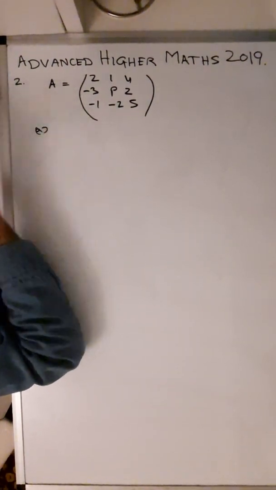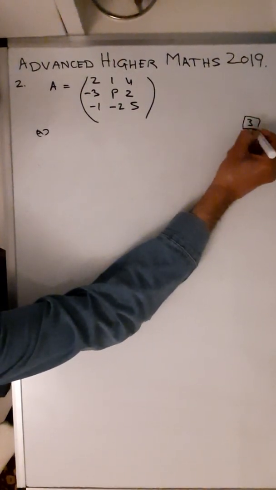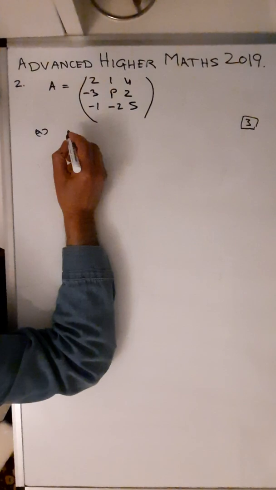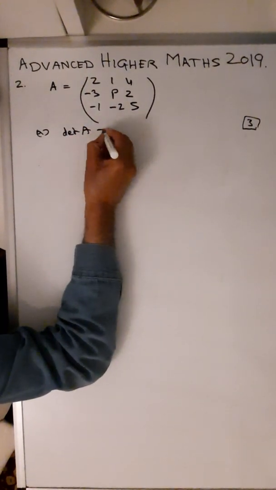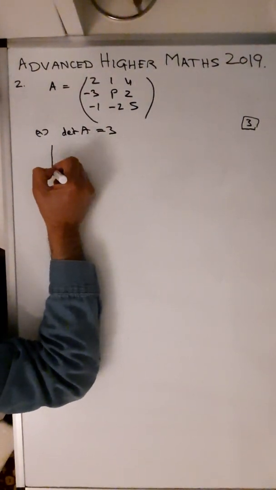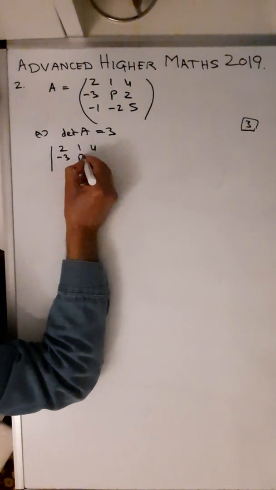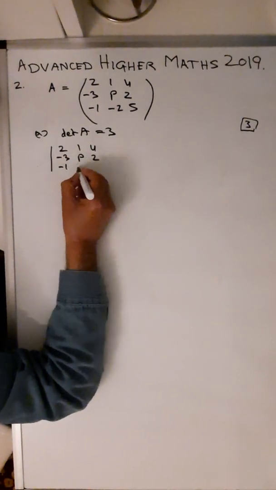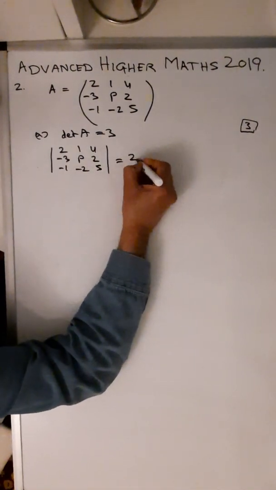For part A, this is for 3 marks. Given that the determinant of A is 3, find the value of P. The determinant of A is equal to 3, so you need to work this out. So the determinant of the matrix 2, 1, 4; minus 3, P, 2; minus 1, minus 2, 5 is equal to 2 times